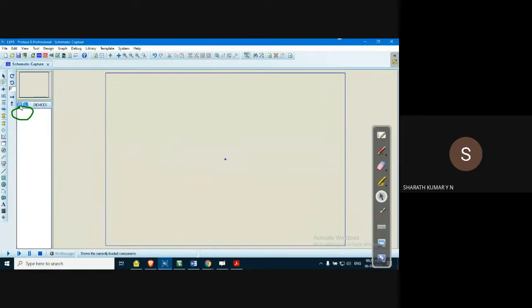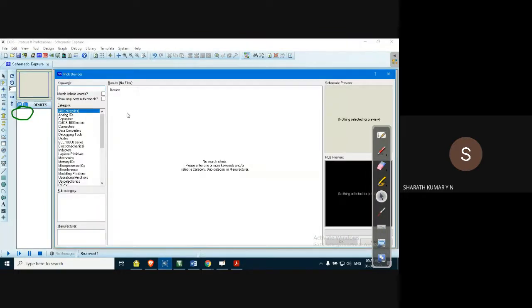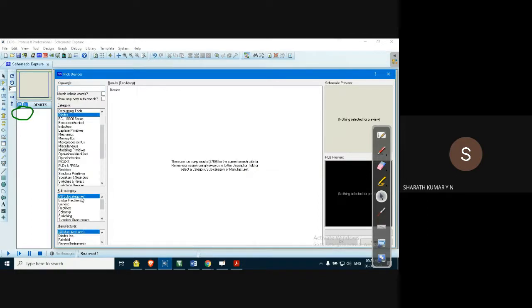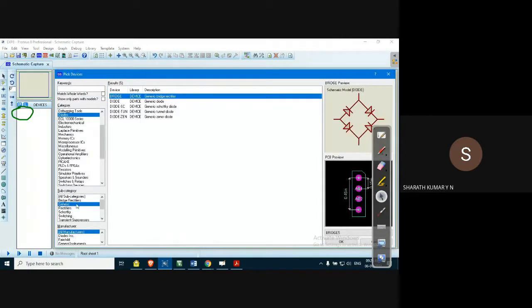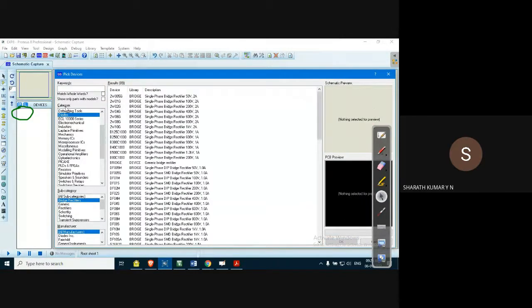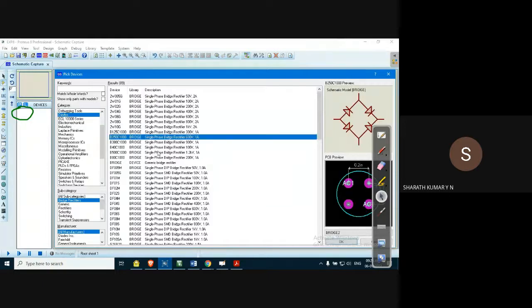Right now I'm not working with the motor, so let me remove the motor from the library. Let us look into one simple diode. For example, take the generic type of diode. Not diode, sorry, let us go for an LED, because we are not doing any analog circuits anyway.